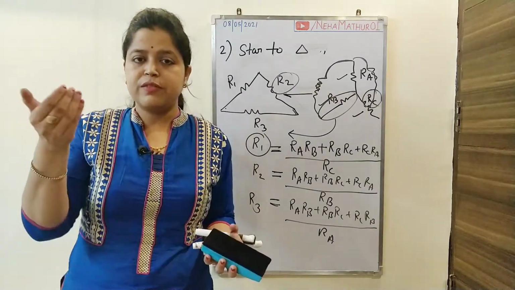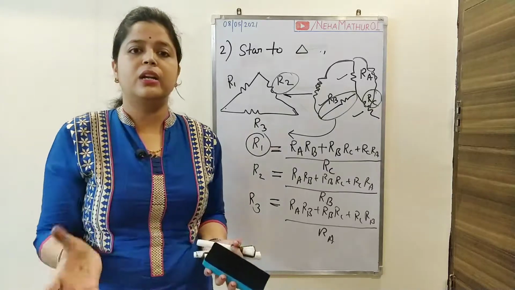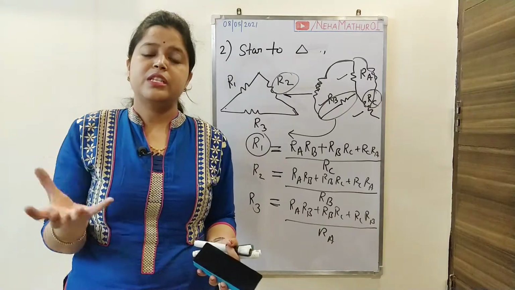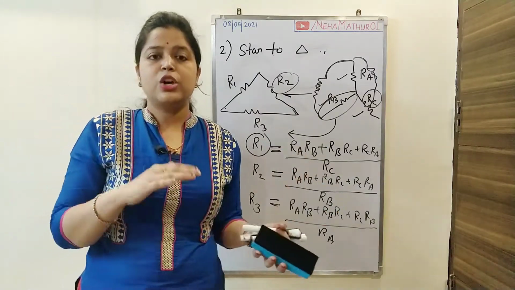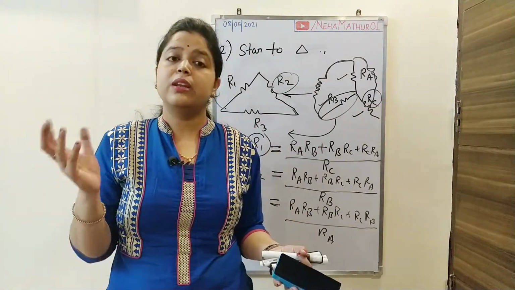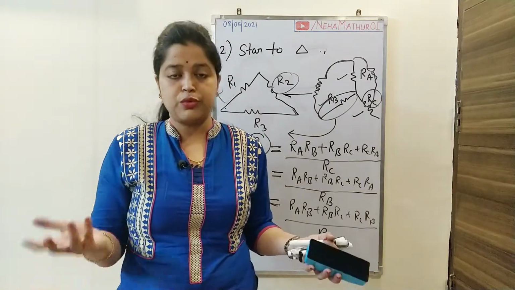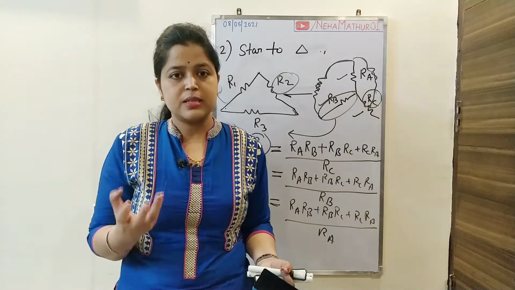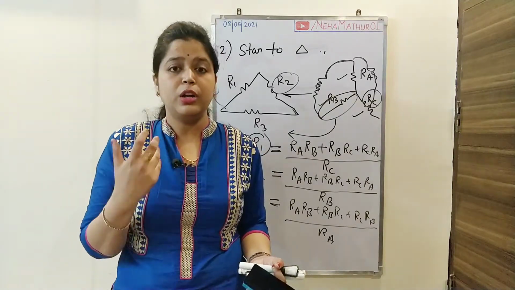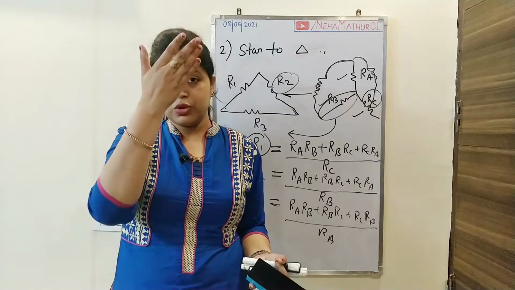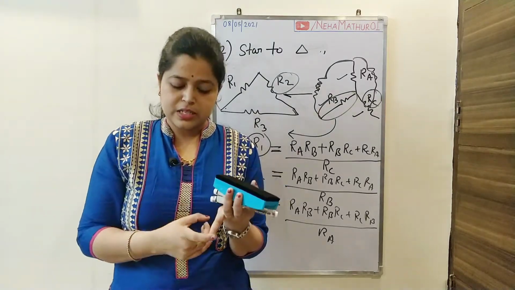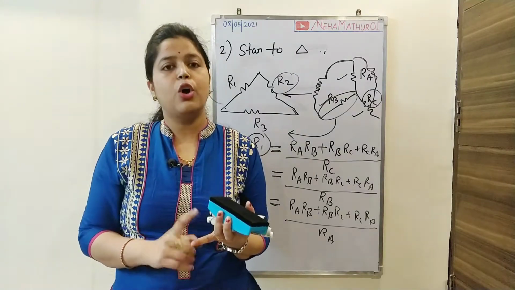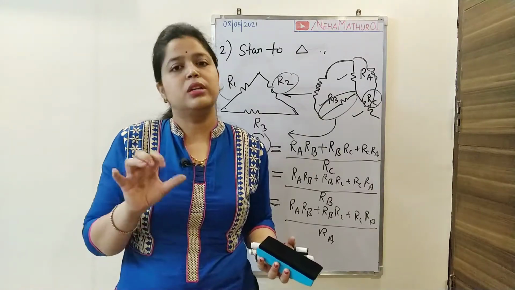We have a list of several questions based on star to delta and delta to star conversions, or I can say that we have some circuits which are a part of a complex electrical electronic circuit, and in that case you will have to apply a particular theorem to find the current or voltage across a branch. So in the next video I am going to discuss some interesting and important questions which will cover almost all the concepts of resistance calculation, direct resistance calculation, star delta conversion, or the questions based on important theorems.